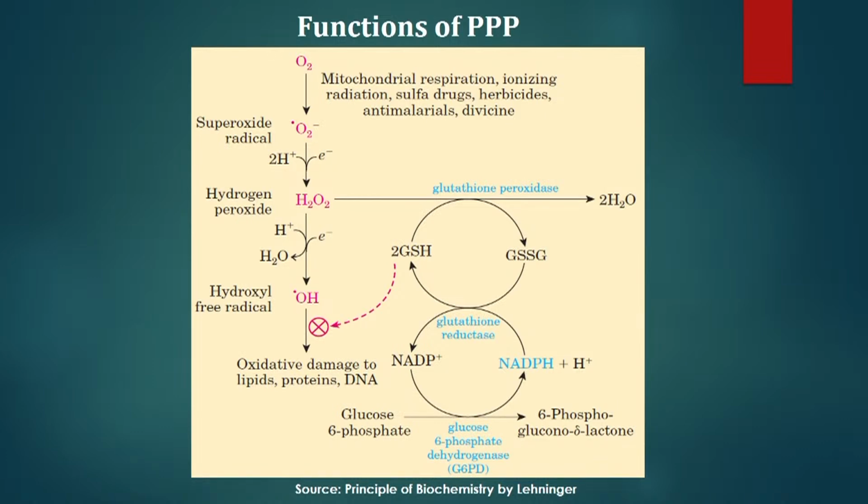So that is how you can say that this pathway plays an important role in preventing the formation of the hydroxyl free radicals from the oxygen molecules, where this NADPH is important because the electrons from your NADPH